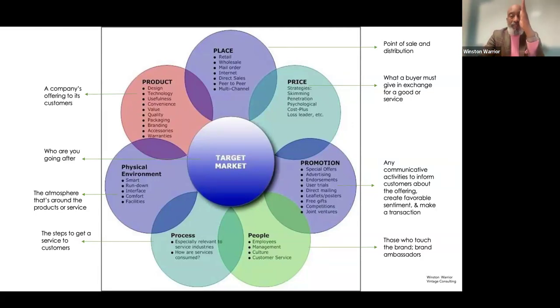Let's start from place at the top and then we'll go clockwise. So place is just where something is distributed, right? Point of sale and distribution. For many of you, that may be online. And so what does your online place look like, right? Where is it that you will be selling these things? And how does that come to represent your brand and represent what you are trying to sell? How can people get to it? Is it easy for them to get to it? Is it a one click? Is it a one click to get to an information form that they fill out to send to you? Is it through your Instagram DM? Like, what is that? And that needs to be clearly defined